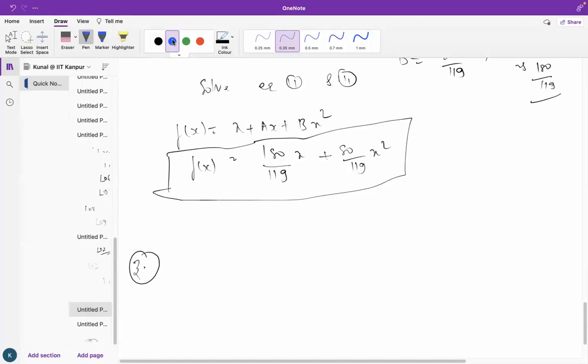Like if you are asked to tell the average value of sin square x, you have to use integrals to find the average value of sin square x. Okay, so let me write it here. We are doing the new application, which is average value